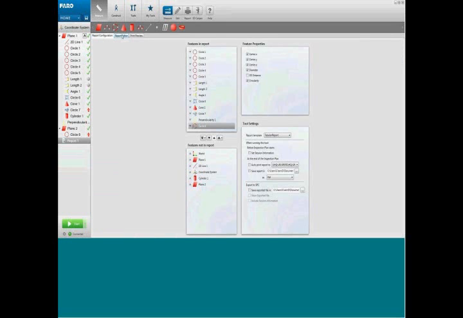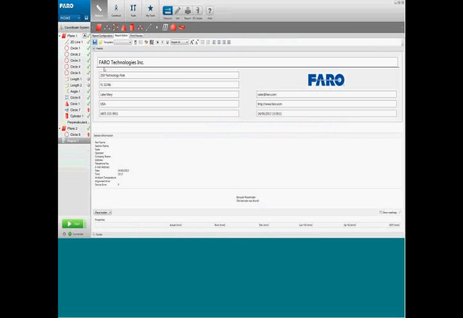Okay, we have the report editor, which will allow us to customize the report. So very simply, we could change